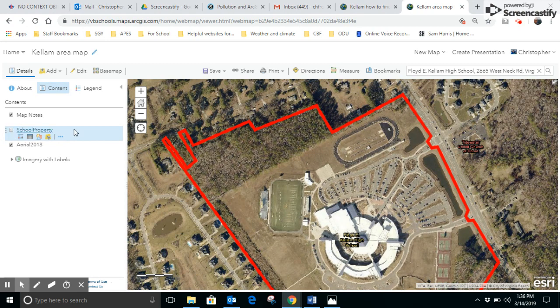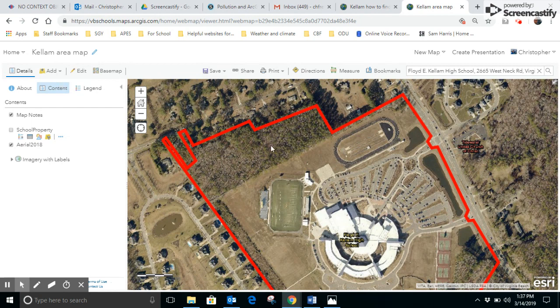And we can remove that gold color and start looking at, well, where do we want to make some lines and distinguish the permeable from impermeable surfaces at Kellam High School. So to do this, I want to think about highlighting a specific area. And so if I just take this forest right here as an example,